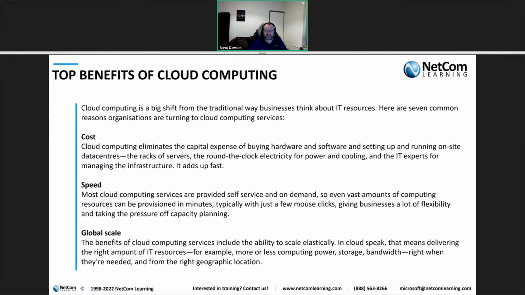because those resources are readily available and you don't have to wait for the shipping truck to show up and testing to make sure the RAM works and all that sort of fun stuff that would go with it. So those are the top 3 benefits of why we would move from an on-prem to a cloud-based